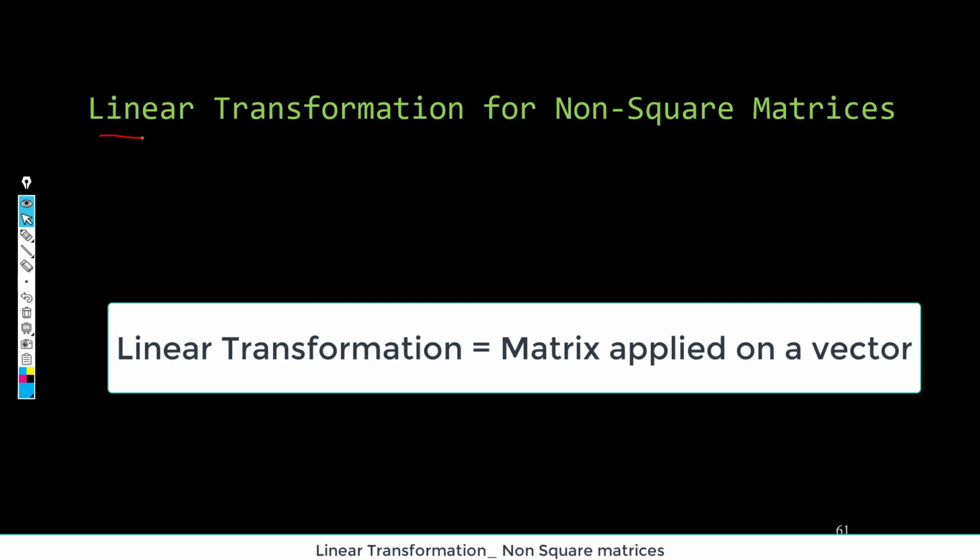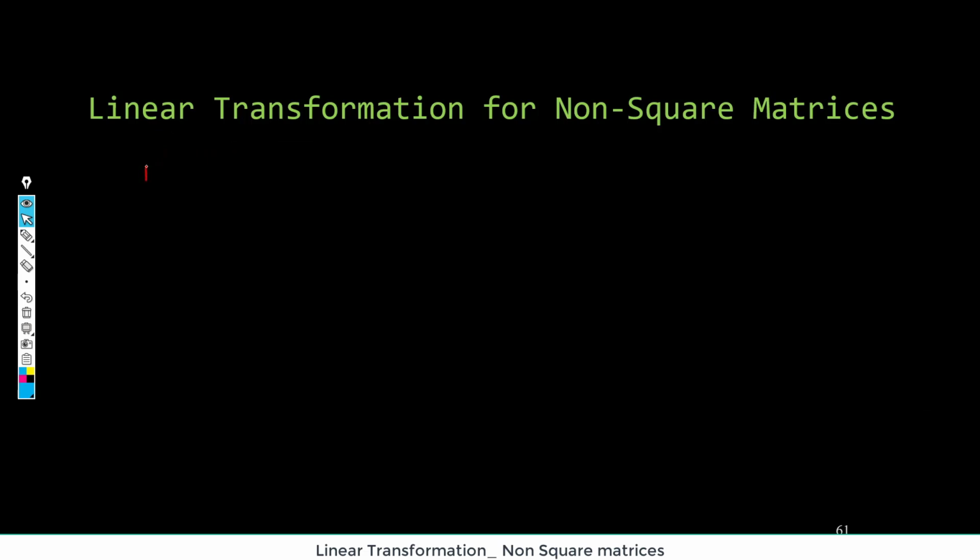So when we say linear transformation, it means a matrix. We have already seen that matrix vector multiplication can be represented as linear transformation of that vector in our previous tutorial. And in those examples, we have taken a 2 by 2 matrix. But we can have non-square matrices also, like we might have a 3 by 2 matrix or 2 by 3 or 4 by 3 or something like that. Then how can this linear transformation be defined? Can you imagine? Take a pause and think on that.